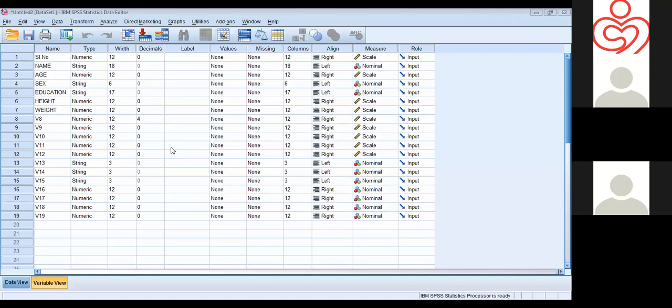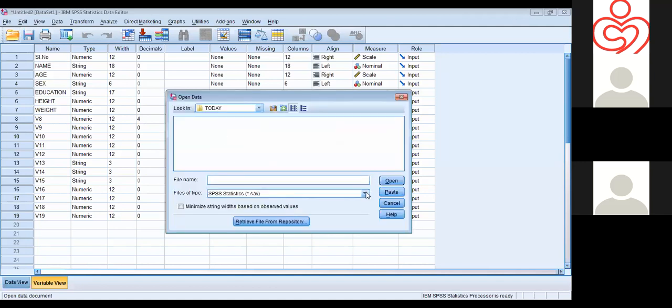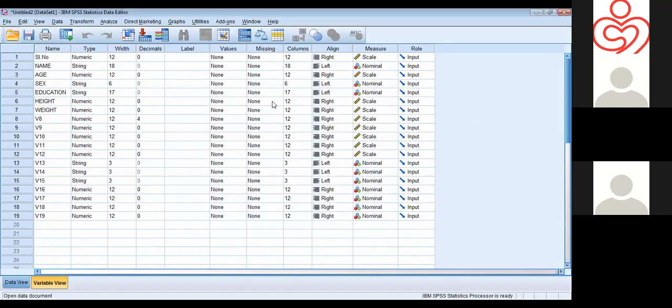It's becoming slow. Please hold on. I don't know why it didn't come. Usually a new data sheet comes, but it won't come now. So once again, I'm opening it like this.